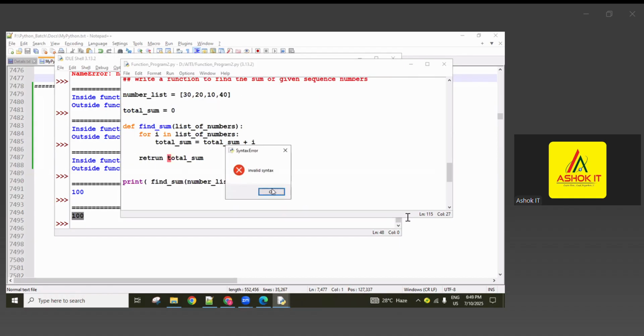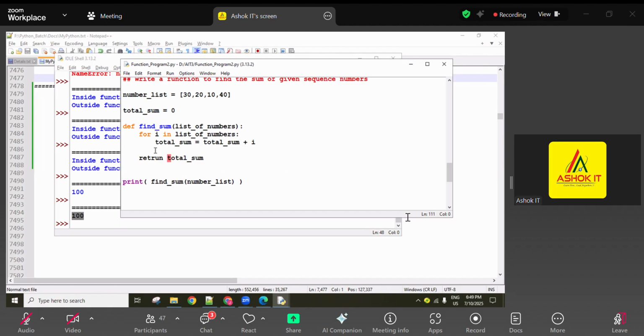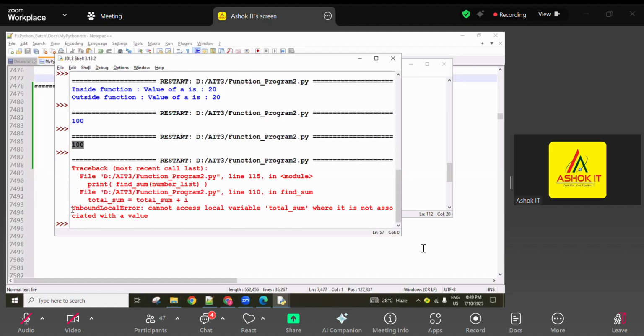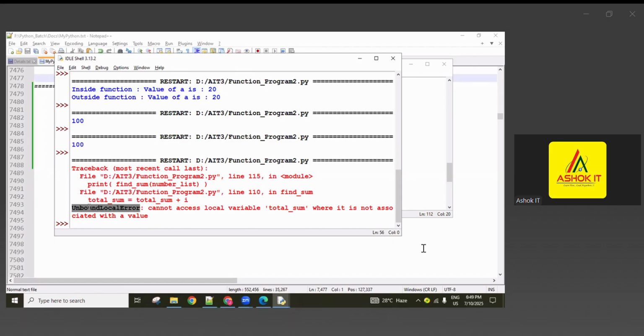Now I'm going to execute it. Check it here. Invalid syntax. What did I do here? Inside the function, is there any problem? Okay, there is a spelling mistake, guys, in the return spelling. Return is a keyword. Now check it here. Unbound local